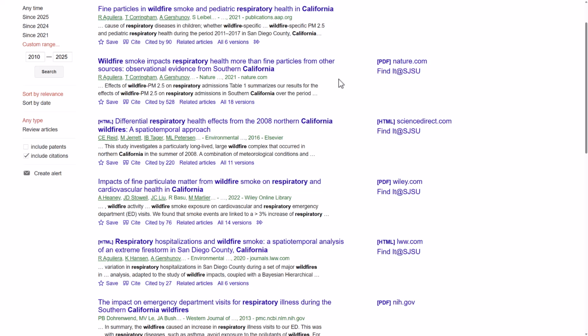As you scan through your list, you can click on the article's title to get to the article's page online, where you can read the abstract and get an idea if it's something that you want to pursue or not. If you want the PDF itself, look for the PDFs or HTML links. However, if you don't see those, you'll use the Find It at SJSU link. This takes the title of the article and runs it back through Articles Plus,